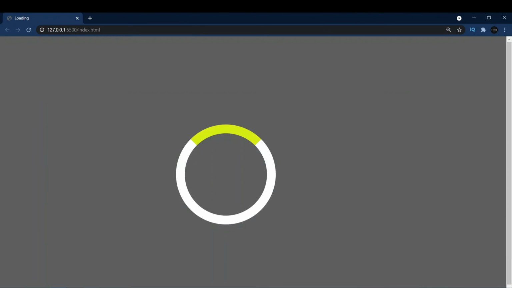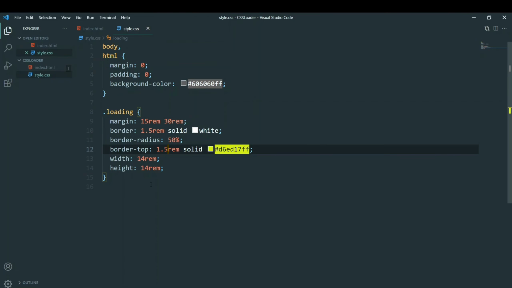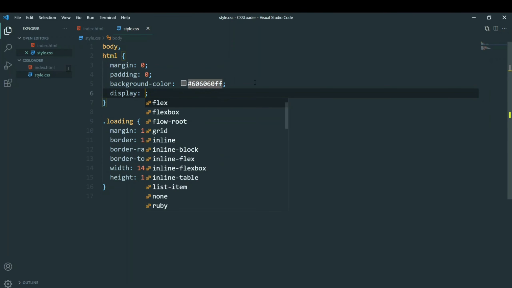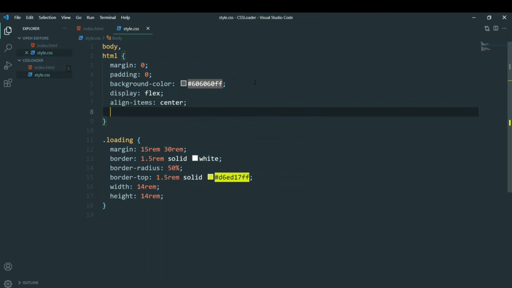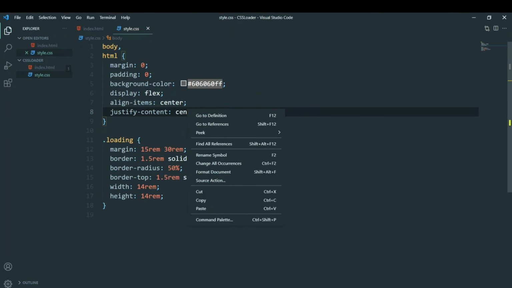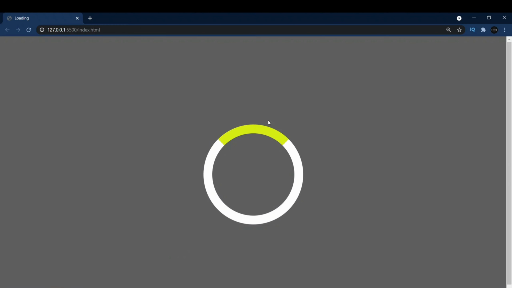So to change it to center, what we have to do is add, this is the children of this, so we'll add display flex over here because we added it to the parent element. We'll write align-items center, and let's see if it's centered or we have to center it anymore. Yeah, so we'll write justify-content center, so it will center vertically and horizontally on both sides. Now you can see it is exactly at the center, and now this odd behavior of that margin border being different is also gone.